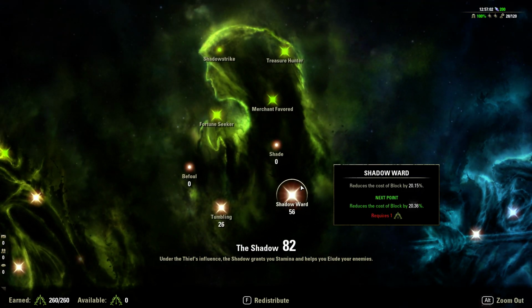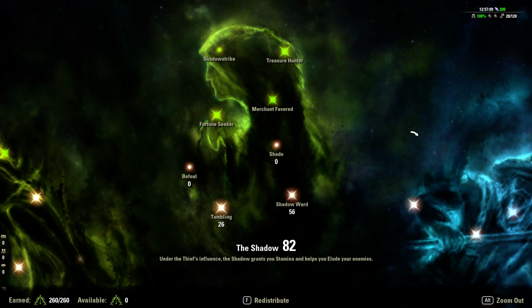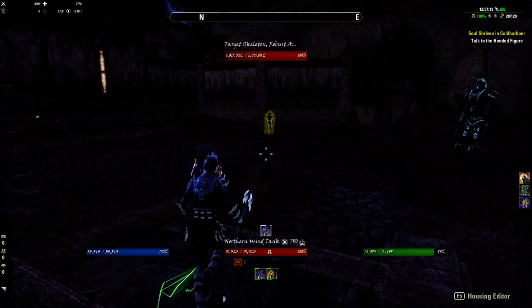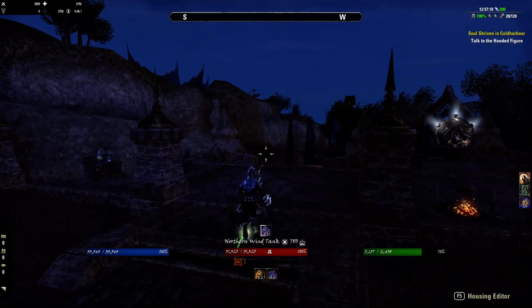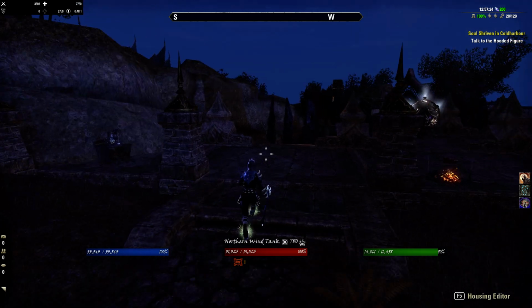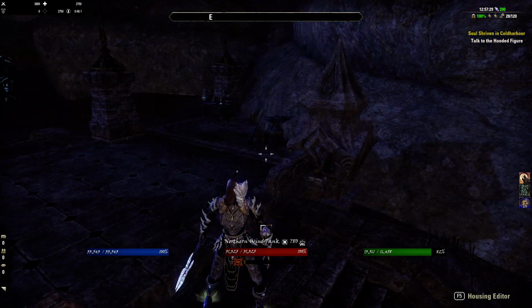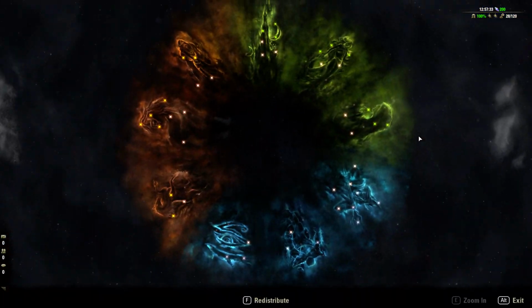Moving on, we have 56 in Shadow Ward. This reduces the cost of block by 20%, and then 26 in Tumbling, reducing our dodge roll cost by 11%. Because you will be dodge rolling as a tank. As you can see, that's not very much. Now, when you add in the dodge roll negative effect, then it goes up. But when your dodge roll negative effect wears off and you dodge roll, it's only like 2k. So it's not too bad in the resources. So that's why we have that